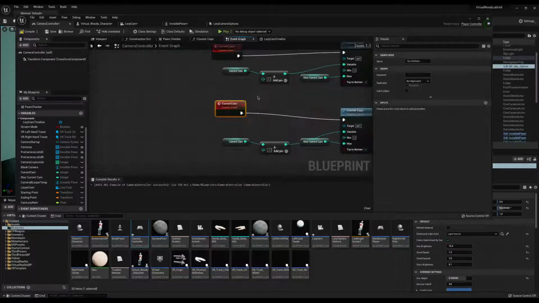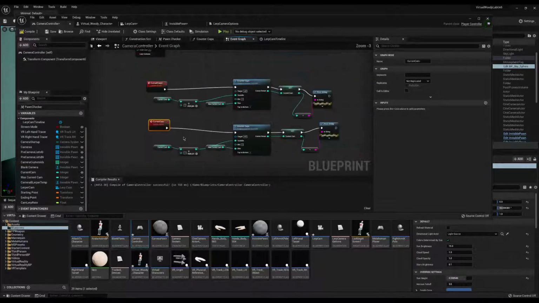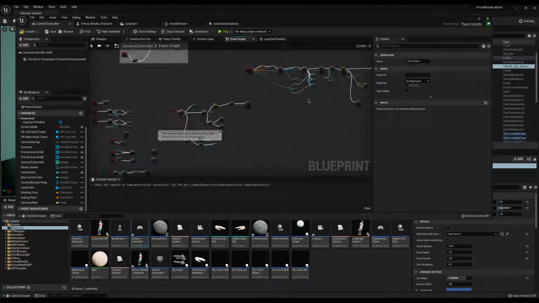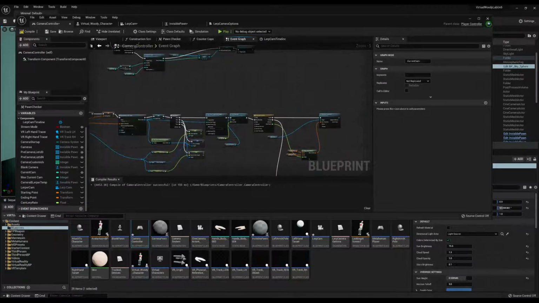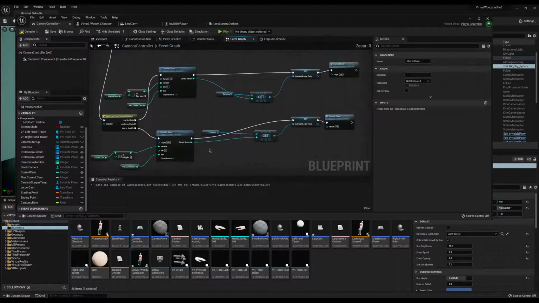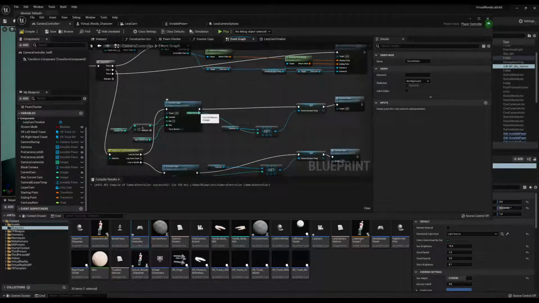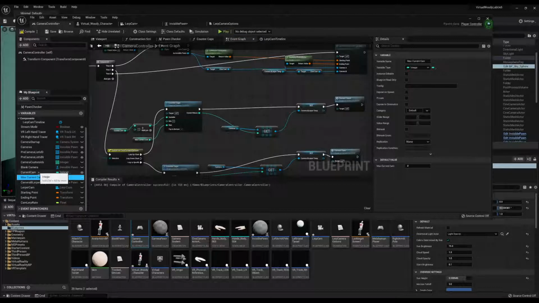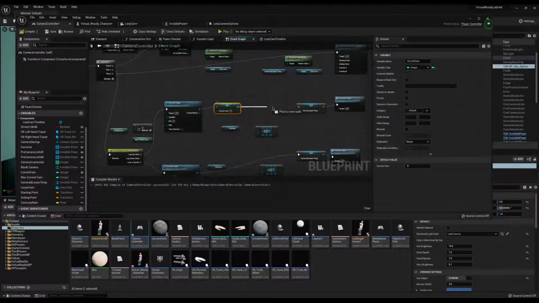Actually, yes. Okay. In this setup here, we're gonna add a little piece of code that will help things massively. So we have our current cam here. Remember, I have a value that's set for every specific